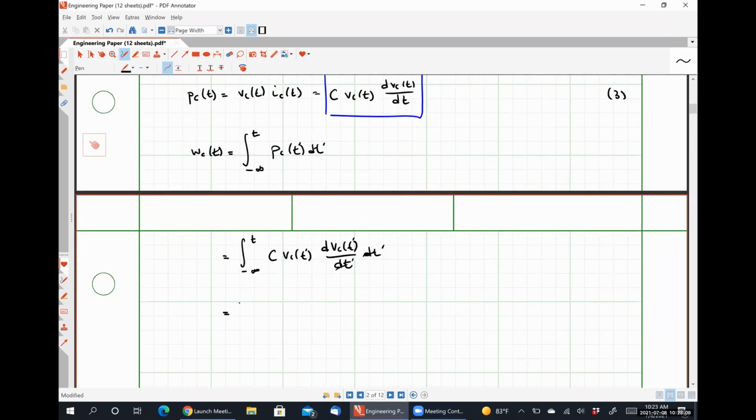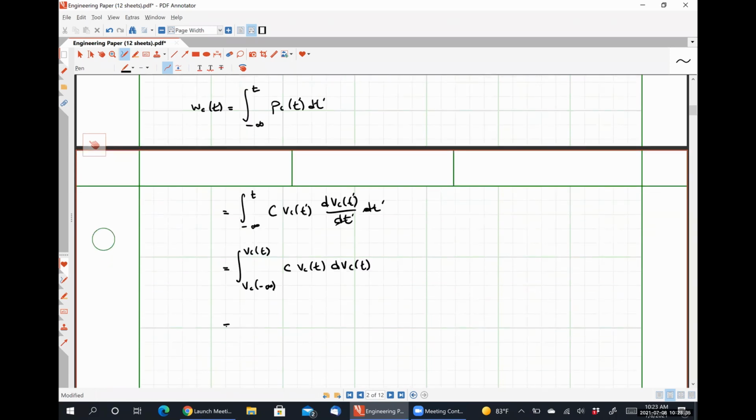And from this, we can change our integral slightly from V_C at negative infinity to V_C at t of C V_C dV_C,